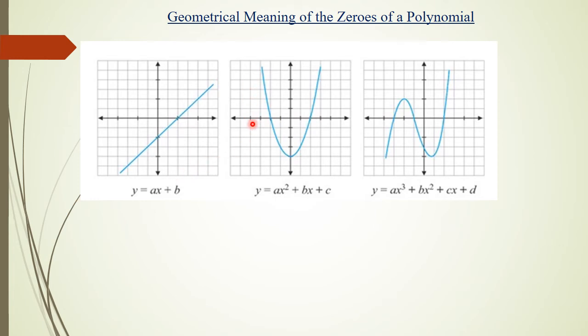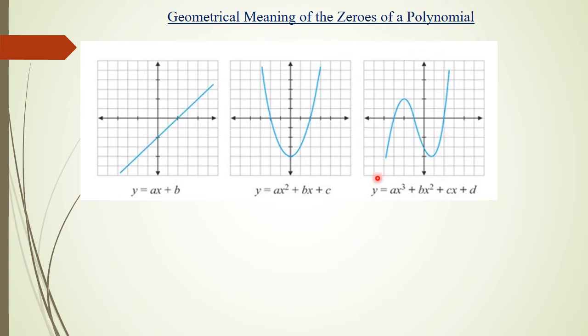Next, you can see this is a quadratic polynomial. You will have a U shape like this. It is also possible for the U to open downwards depending on the value of a. Here you can see that this curve is cutting the x-axis at 2 points. Therefore, there are 2 possible zeros of this polynomial, and the values of those zeros are the x-coordinates of these points. You can see this is a cubic polynomial. It can have a shape something like this, wherein you can see this curve is cutting the x-axis at 1, 2 and 3 points. Therefore, the maximum number of zeros this polynomial can have is 3.